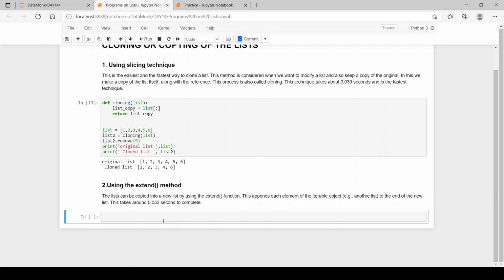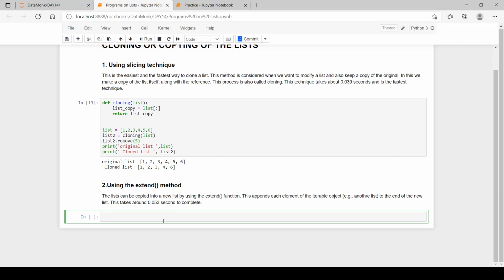If we have a new list and we have the original list, it will take one element from the list we have and add it to our newly created list. Then it will take the second element and add it to the end of the new list. Like that, it will add each element to our new list and we have the list cloned.